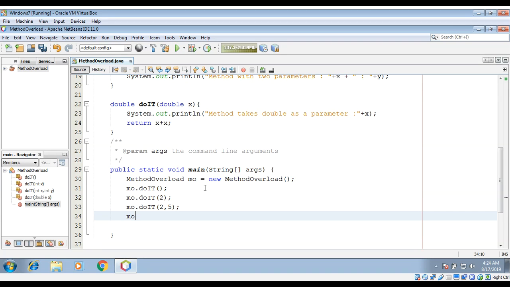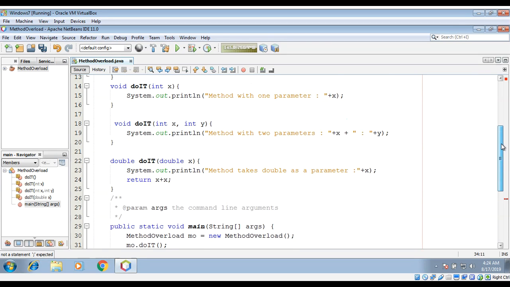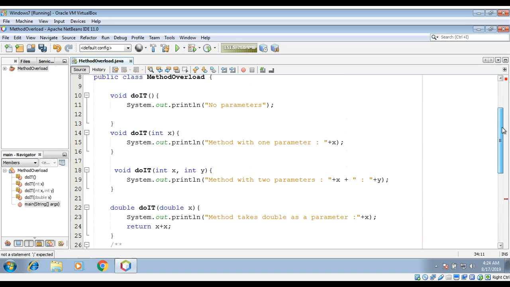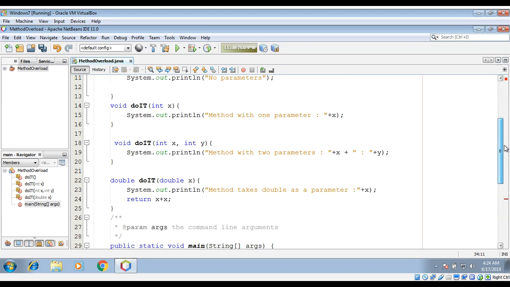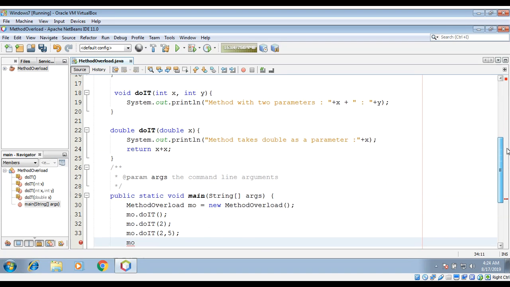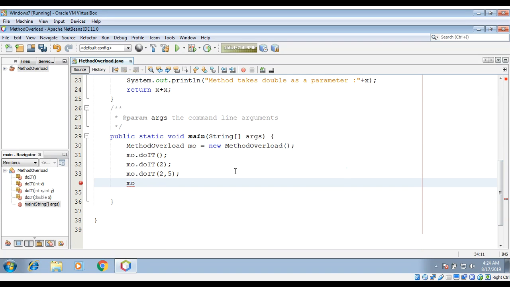And the third one, the fourth one, 1, 2, 4,